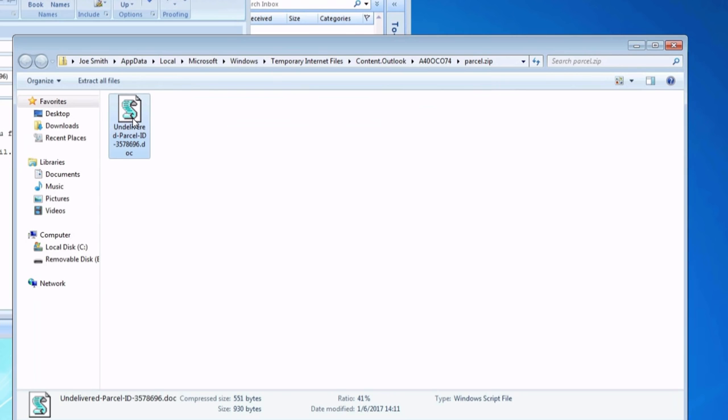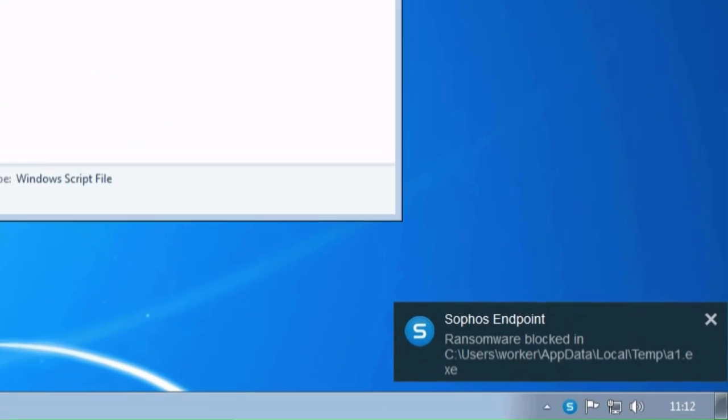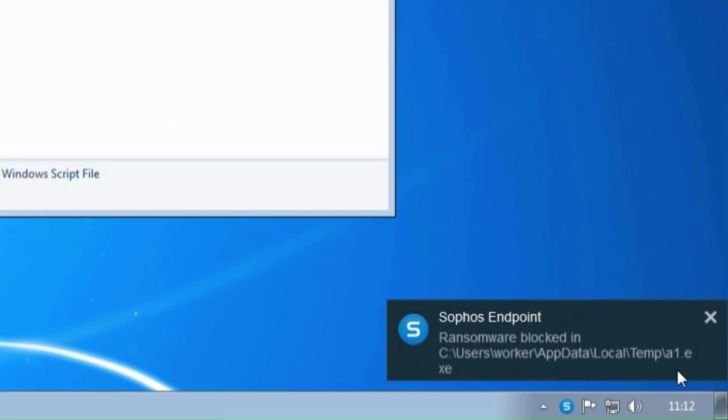We double click on the file and the attack starts again. The file we run is known as the downloader and is designed to pull down a malware payload and run it. In this case, we know it's pulling down the Locky Ransomware, and in a few seconds it's going to start encrypting our files. This time, however, the malware is blocked by Sophos, and we see a file called a1.exe